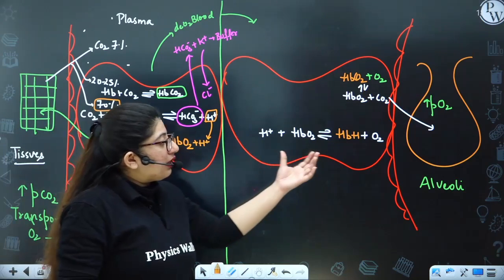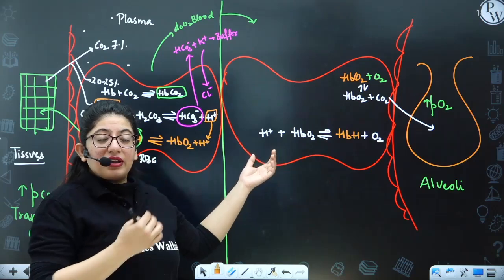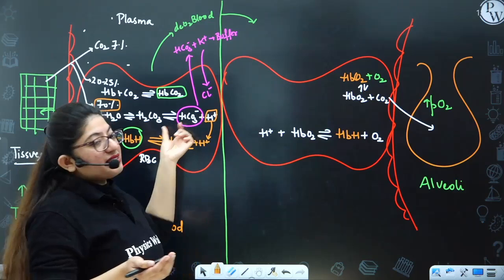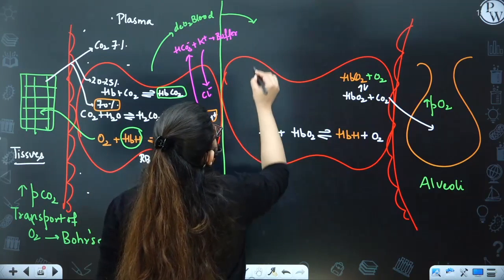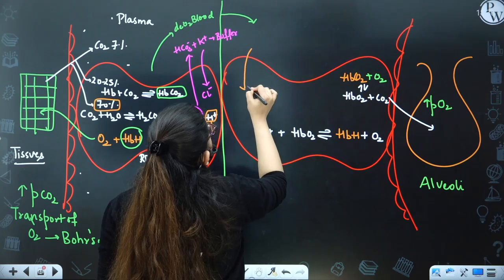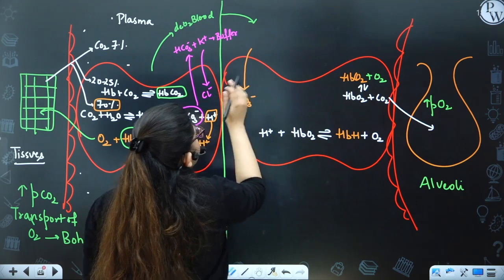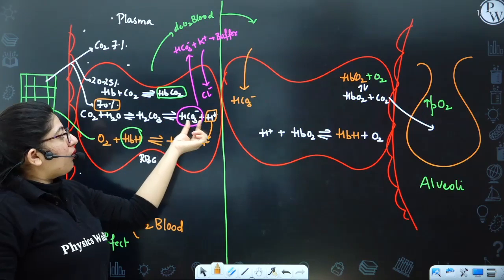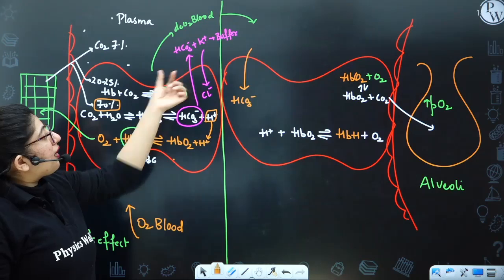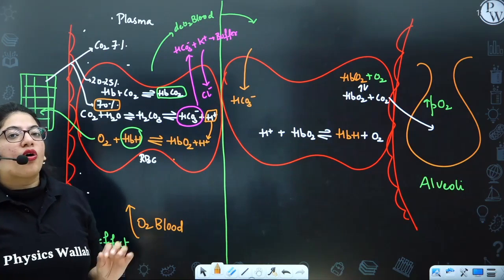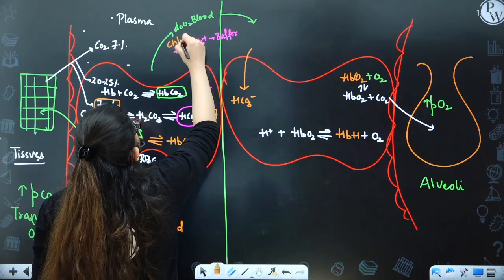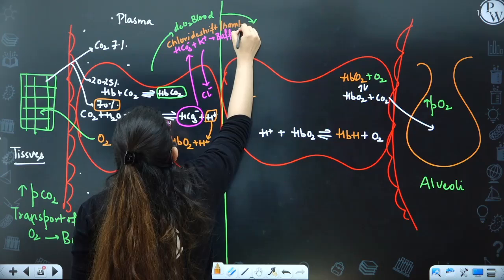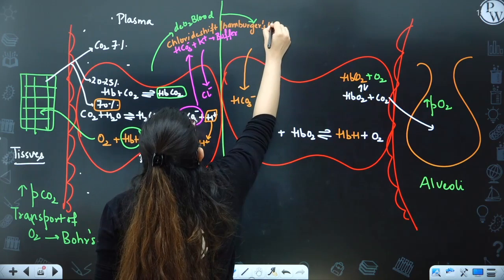But when here near the alveoli, when these H positive ions are formed, now they are alone, they will search for their another partner, that is HCO3 negative. So to balance H positive ion, these HCO3 negative will move inside. The reverse will take place. So this effect where HCO3 negative is moving out, because now it is alone, H positive has bound to the hemoglobin. This effect is known as Hamburger's phenomenon or chloride shift. What is this? Chloride shift or Hamburger's phenomenon.